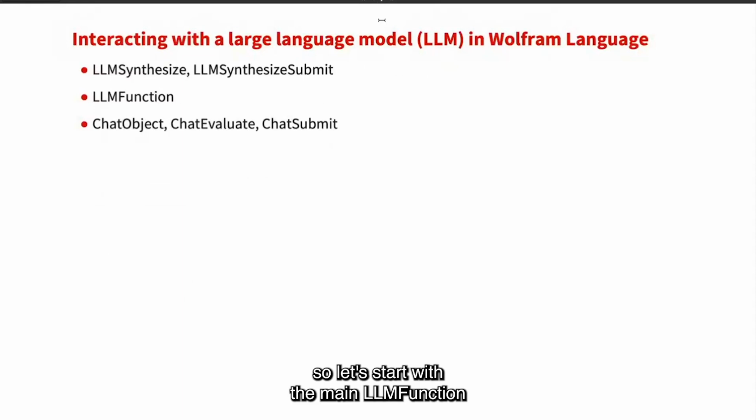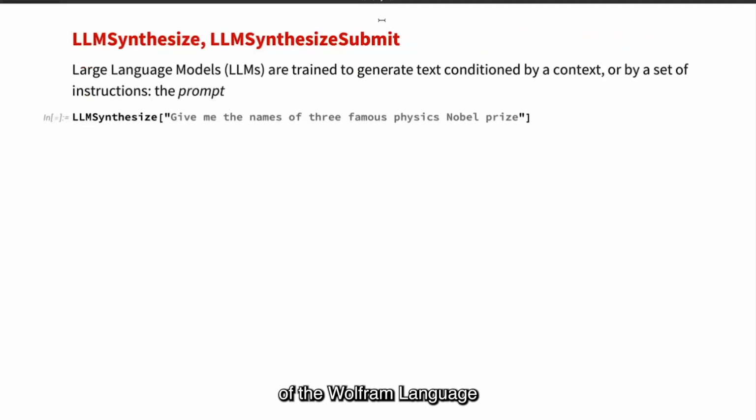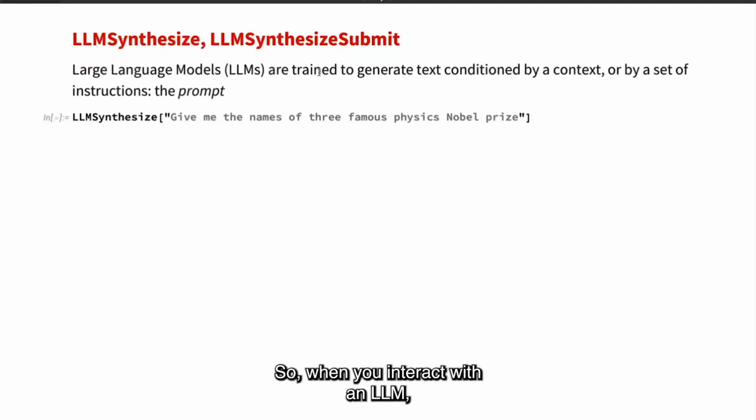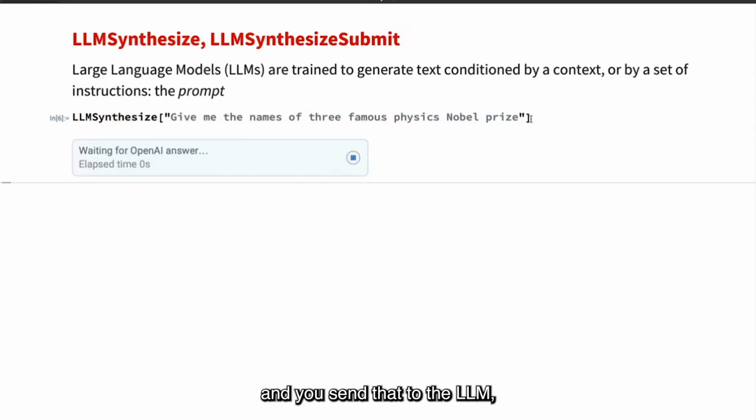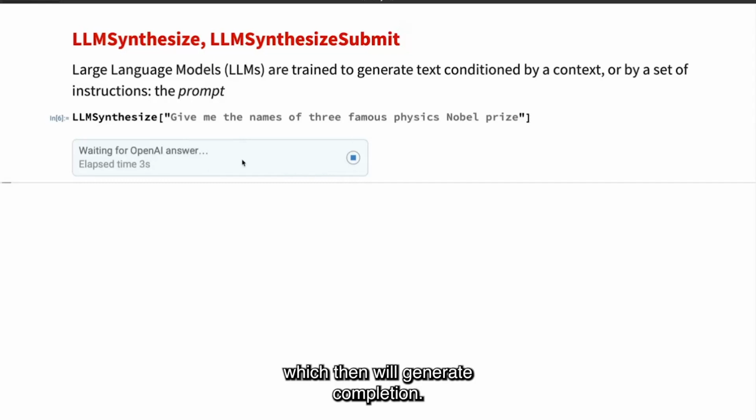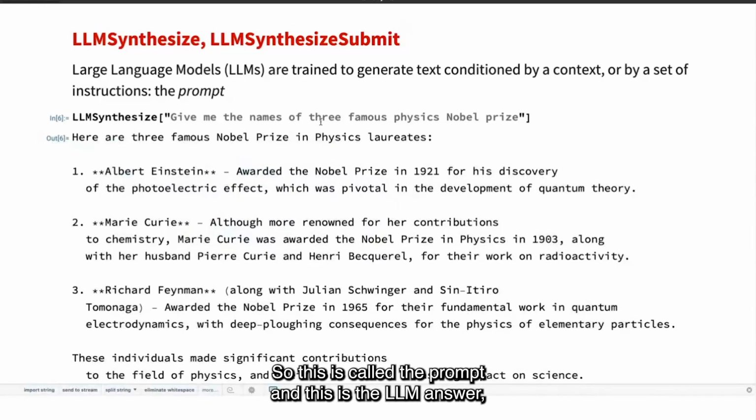Right. So let's start with the main LLM function of the Wolfram language, LLMSynthesize. When you interact with an LLM, you basically put an input, an instruction in natural language, such as give me the names of 3 famous physics Nobel Prizes, and you send that to the LLM, which then will generate a completion. So this is called the prompt, and this is the LLM answer. As you can see, citing Albert Einstein, Marie Curie, and Richard Feynman as famous physics prize laureate